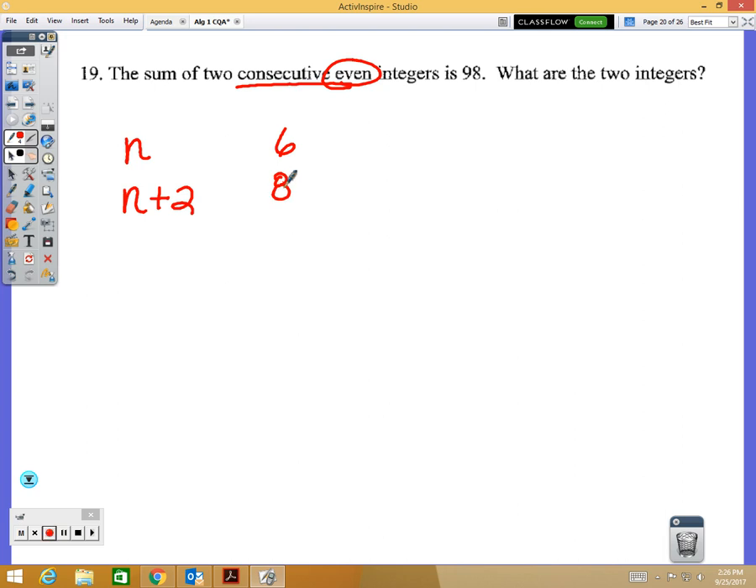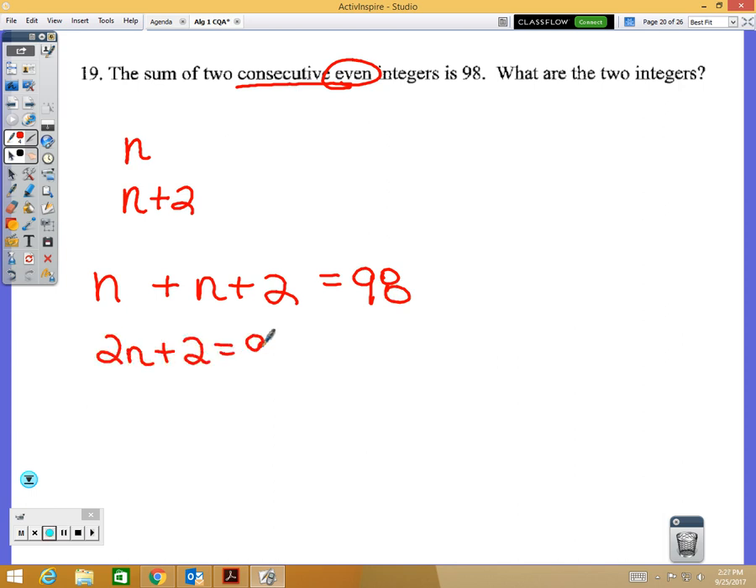6 and then plus 2 more would give you that 8. All right. So if we said one number plus the next consecutive even number equals 98. Now some of you probably figured it out a different way, the non-algebra way, which is fine. You can figure it out your own way. This is not the only way, okay? So I have 2n plus 2 equals 98